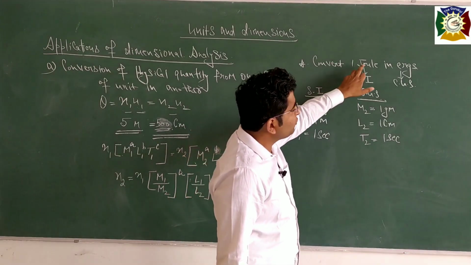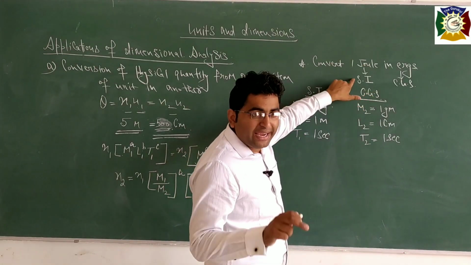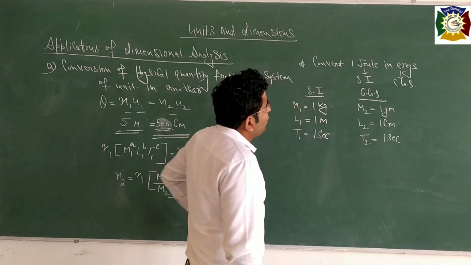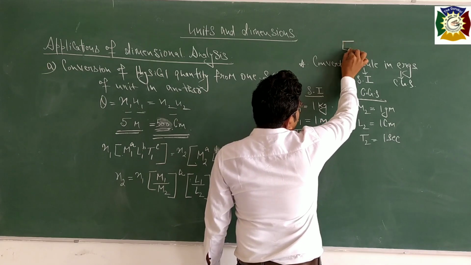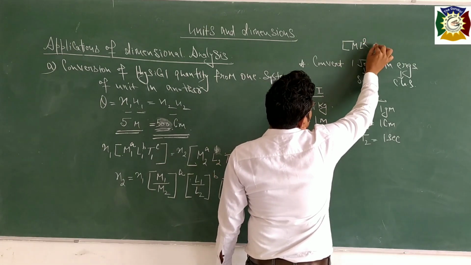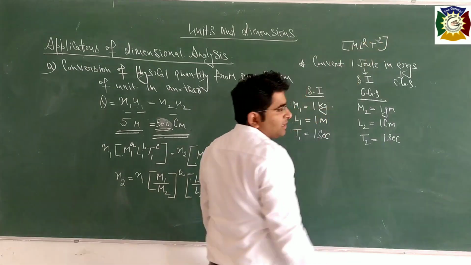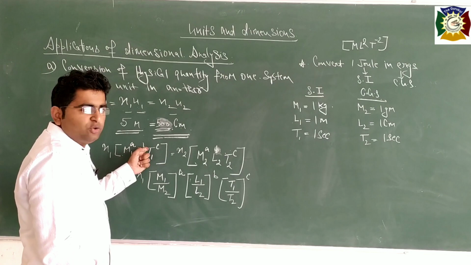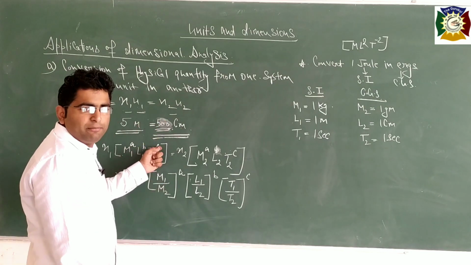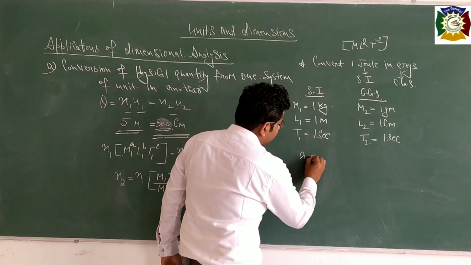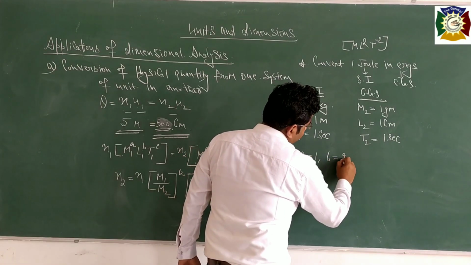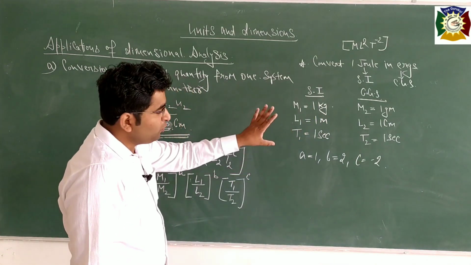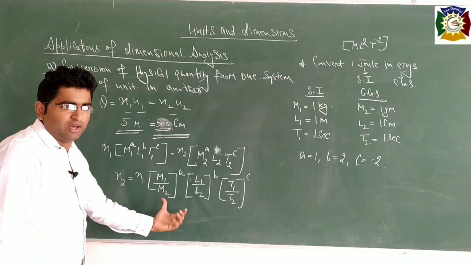Okay, these are the units of work or energy. Clear? So for energy you need knowledge of the dimensions. What is the dimension of energy? M L 2 T minus 2. Clear? So here the value of a will be 1, b value will be 2, c value will be minus 2. So a is 1, b is 2, c will be minus 2. Now that you have each value, you have to put these values in this form.